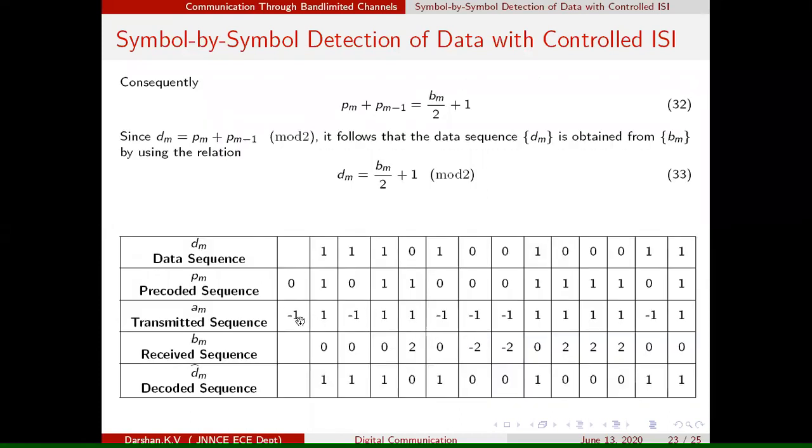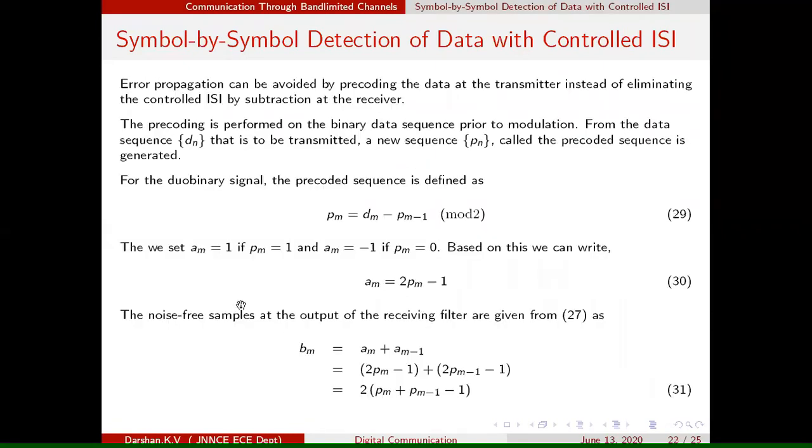So we know what AM is. This is what you have transmitted. Under transmission, it will pass through the channel. We will have the effect of ISI because we have added one ISI component, and we are receiving a particular sequence. So just observe the received sequence. You have transmitted 1, you are receiving 0. You are transmitting minus 1, you are receiving 0. So the transmitted sequence and the received sequence are different, because we have added an ISI component. And we know what we have added. That has been given over here.